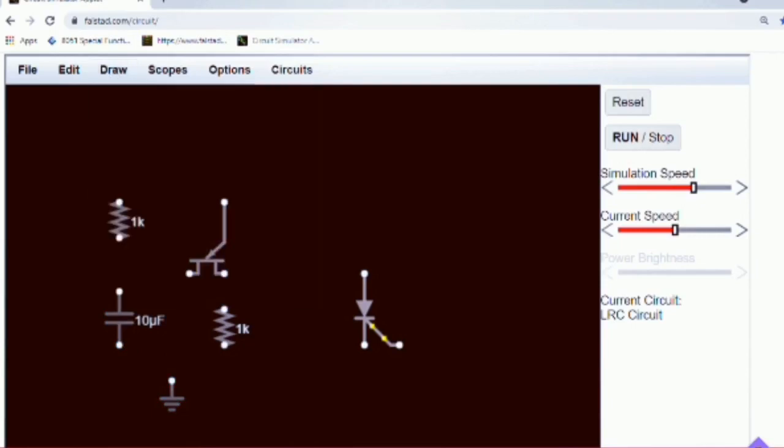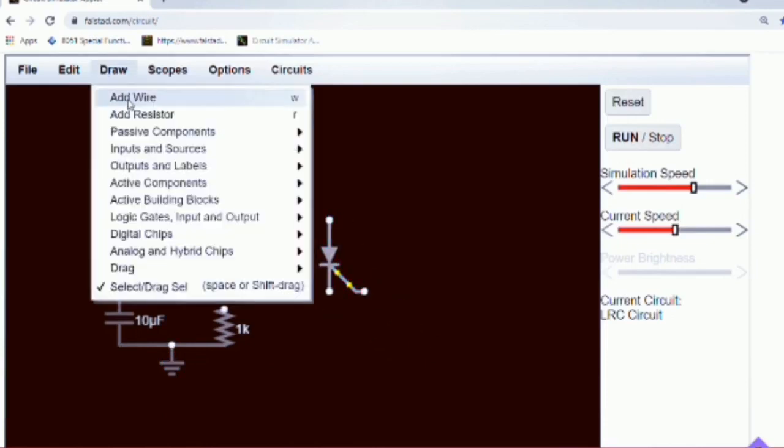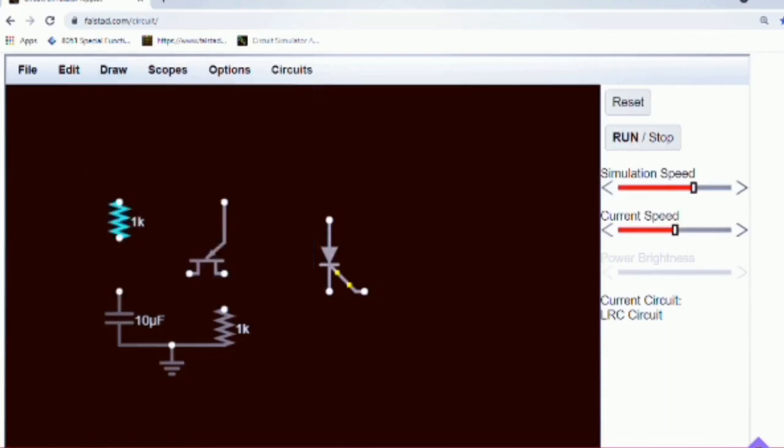Now we will add a wire and connect it to the terminal of the capacitor. Now we will connect the second end of the wire to the resistor and ground. Now we will take another wire and connect it to the resistor and the second terminal of the capacitor.